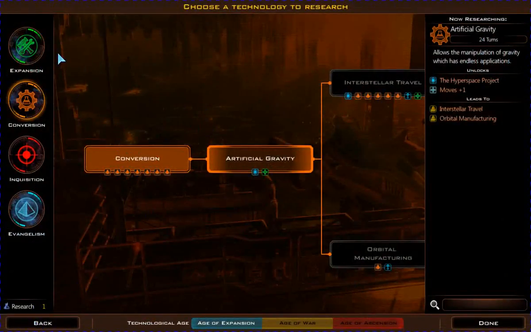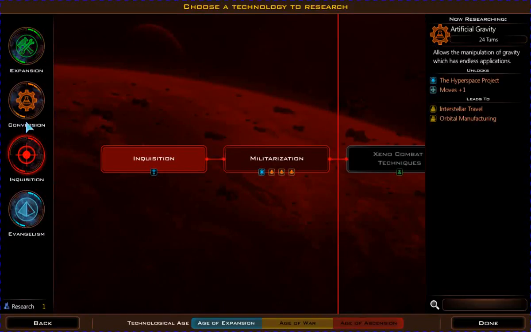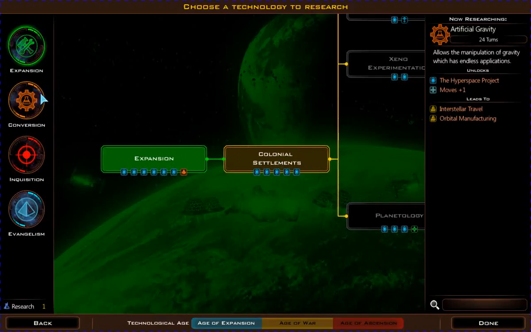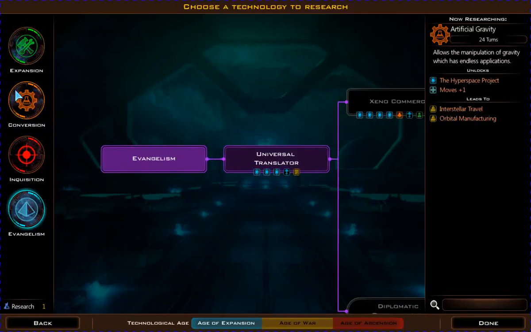Let's pull up the tech trees. I actually like how it's divided here. I could go pick up Universal Translator in case I meet somebody, or I can wait. No point in doing military in the beginning because that just doesn't make sense. But we are looking for something called